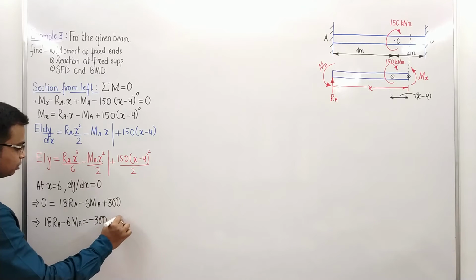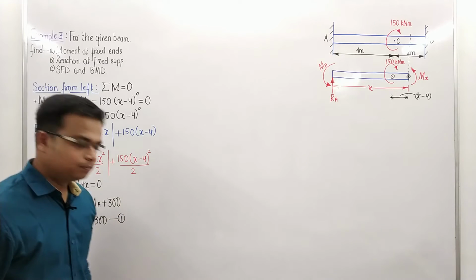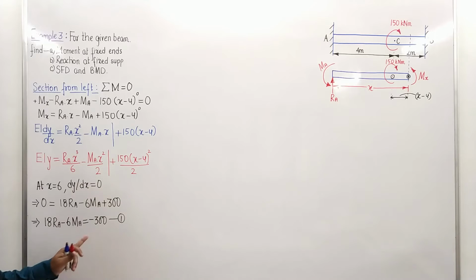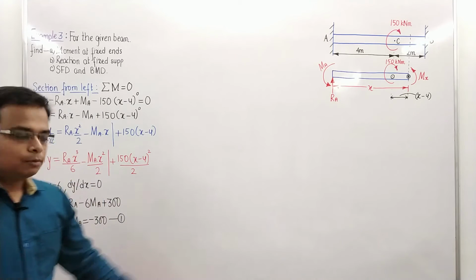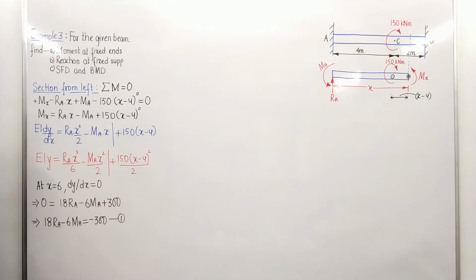Let's say this is our equation number 1. We need to frame one more equation in RA and MA, so that we have two equations and two unknowns. Let's do that. At x is equal to 6, again the deflection is going to be 0. When you do that, plug in the value 0